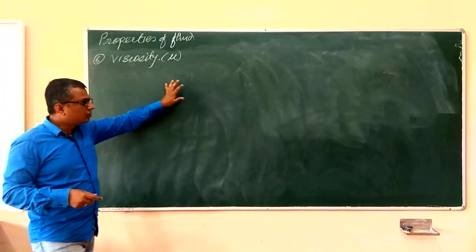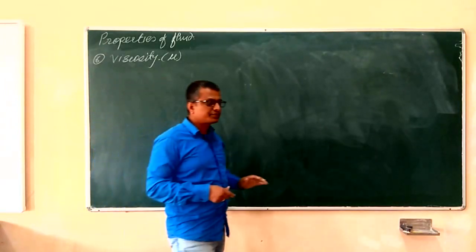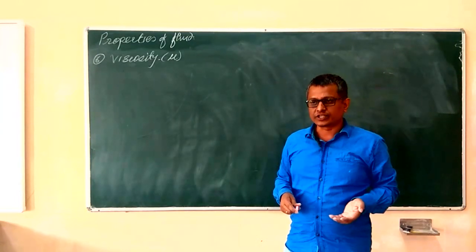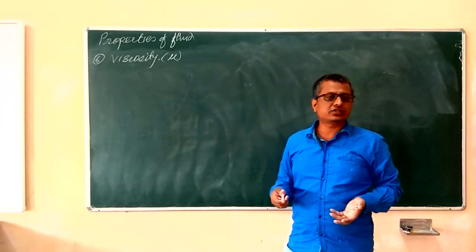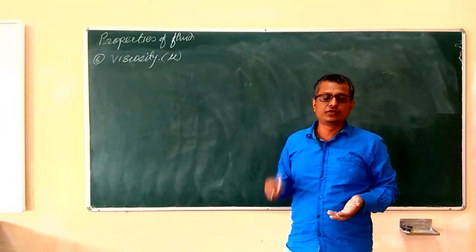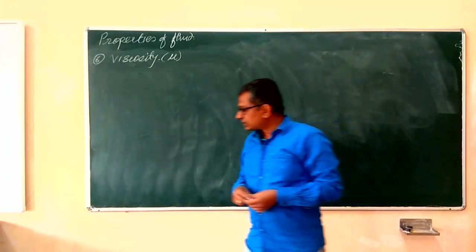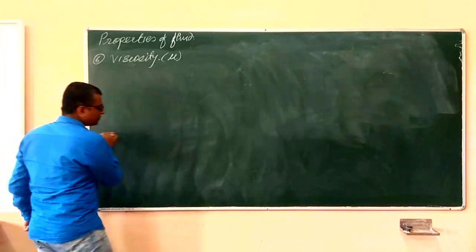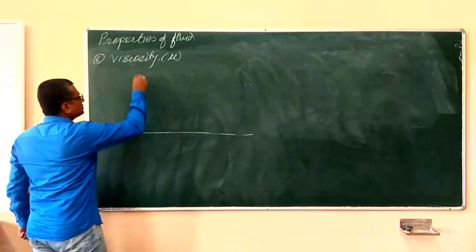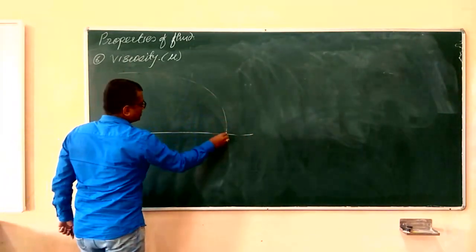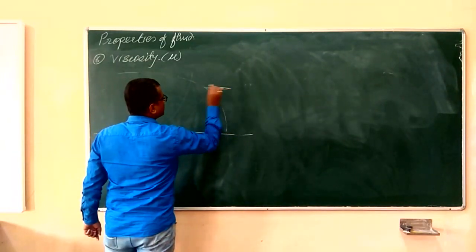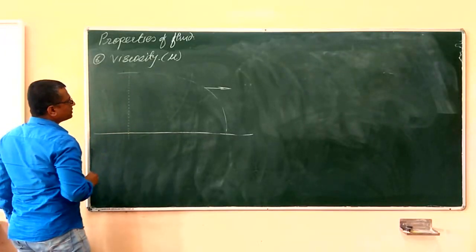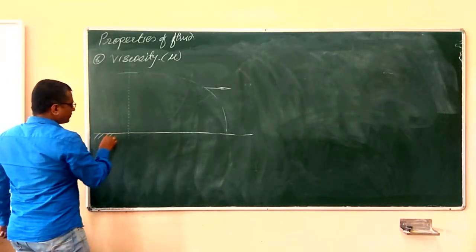But mathematically, what is the term viscosity and how is it expressed? What are the dimensions and the units for the measurement of viscosity? And how much are the viscosities of some typical fluids that we will see? To explain that, again I need to draw the velocity profile. Say the fluid is flowing over here, this is the layer of the fluid, and it is flowing in that direction. If I take any one section over here, this is the fixed surface.